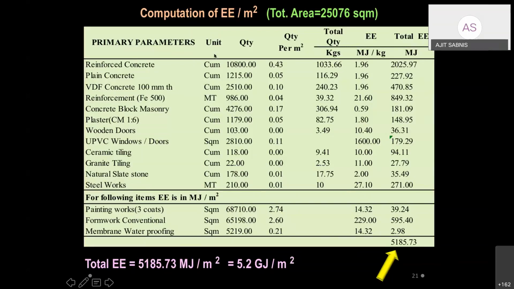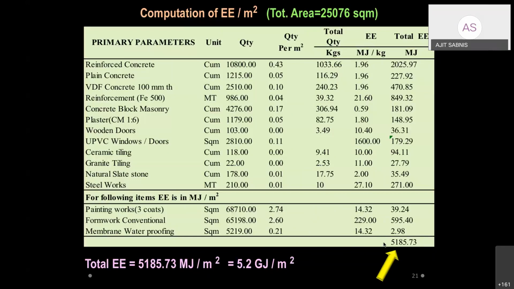So now analyzing that, this is the total quantity of the project, which is given in this particular column, and then quantity per square meter is calculated. We know that because we know the total is 25,000 square meters. We know the embodied energy values. These are the total kgs. We convert them into the total per square meter value in kgs using the densities, and embodied energy units are applied, and total embodied energy for the particular building per square meter is evaluated, which comes to about 5,185